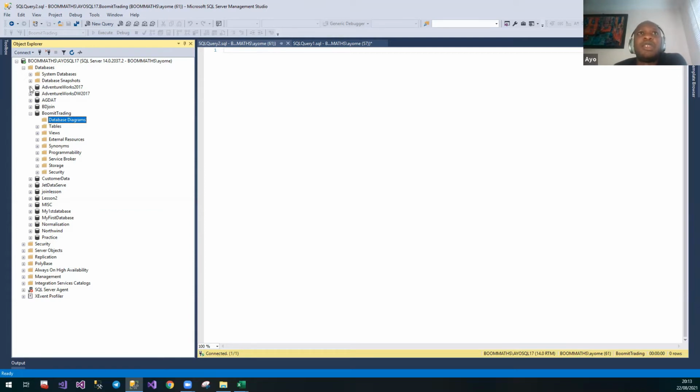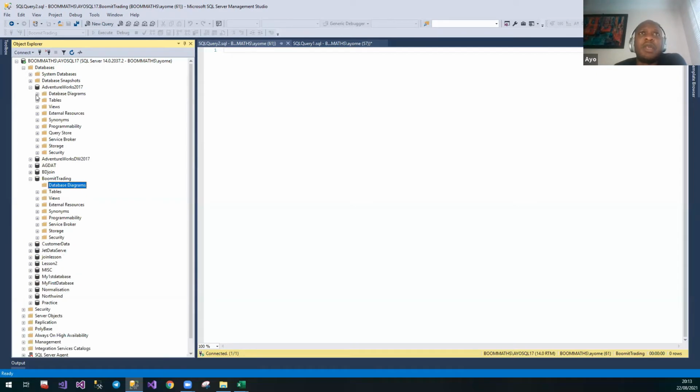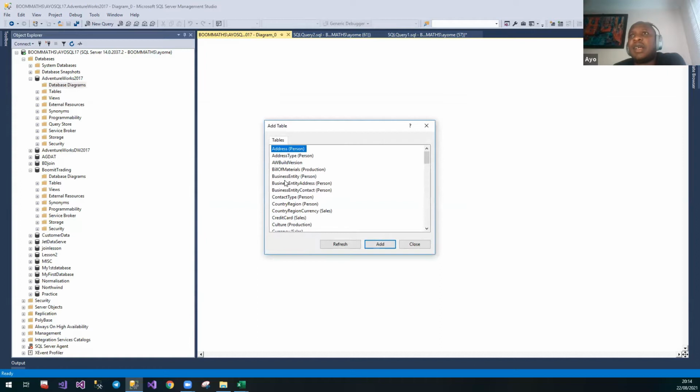Let's go into AdventureWorks. AdventureWorks is one of the databases created by Microsoft itself. And if I open the diagram, you can see a few things. You can make a few diagrams. Okay, let's see, new database diagram. And if I decide to join a few things here, please, all of this is just random stuff that I'm showing. I shouldn't have shown you this, but if I decide to do this,